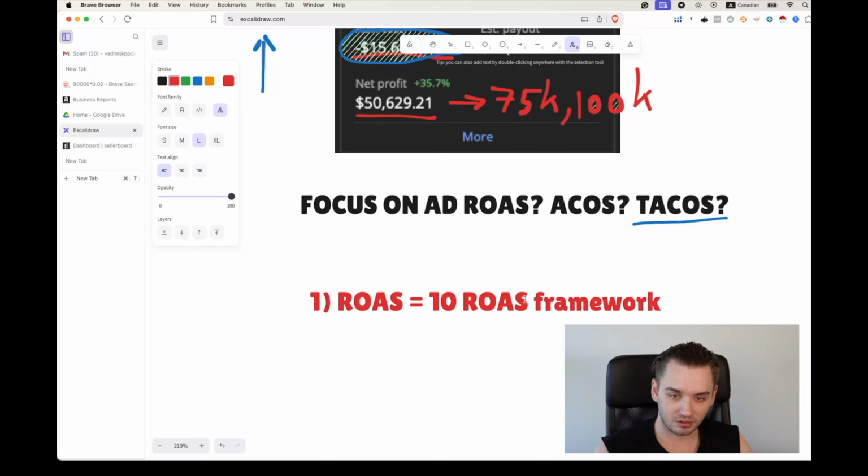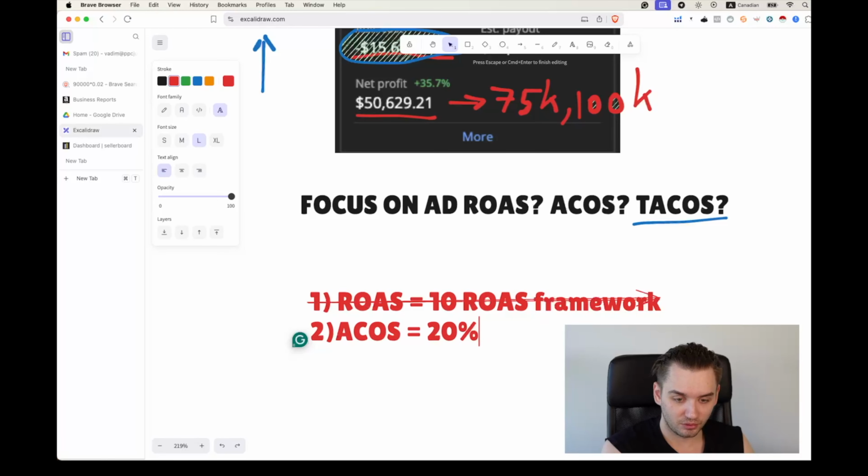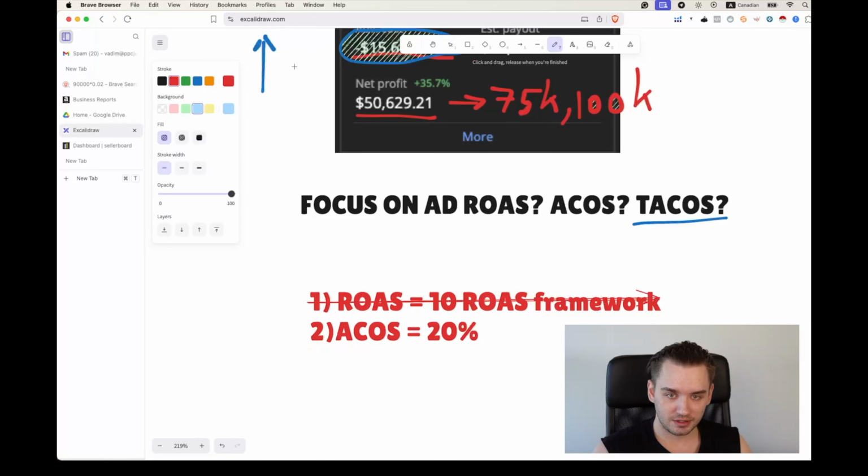But what works, and okay, I'm gonna mention the ACOS too. Same idea. Why would we not have 10% ACOS instead of 50%? I'm not sure why this is crossing out, but you get the point. So 10%, or something ridiculously low, also no longer works. But what works is understanding the dynamics of your spend and how it affects your visibility, your organic rank, understanding the big picture strategy that you have to invest in ads to show up on page 1, which in turn gets you more organic sales.